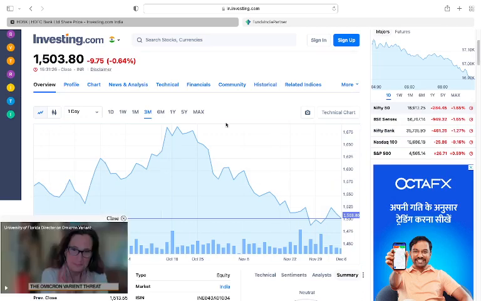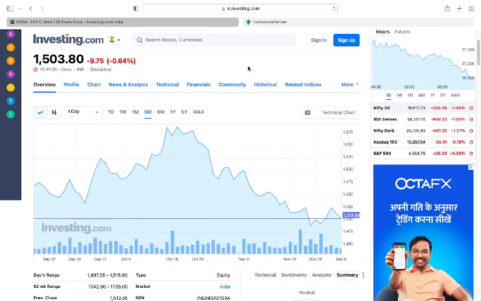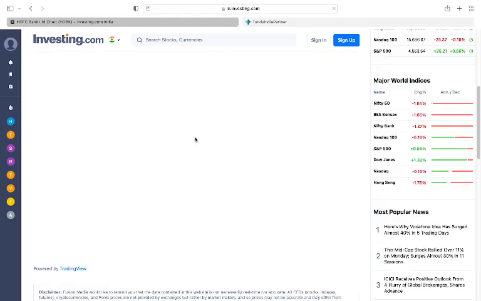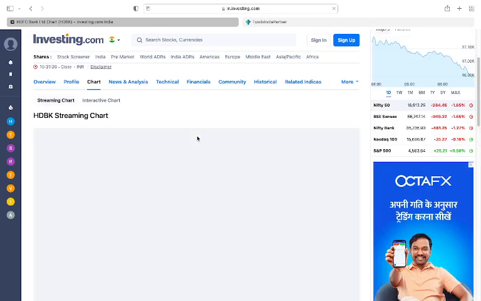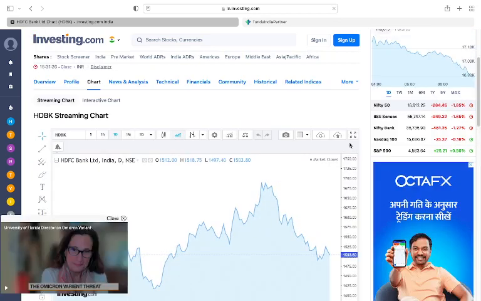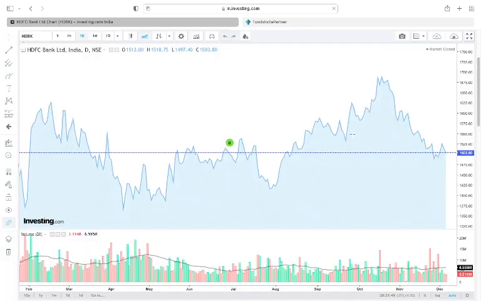Now this opens like this and some ads will come, so we have to ignore everything. Our concentration is to learn this technicals. Now click on this technical chart. Click on technical chart. So it opens like this now. Next step is click on full screen mode. Click on technical charts, click on full screen mode.